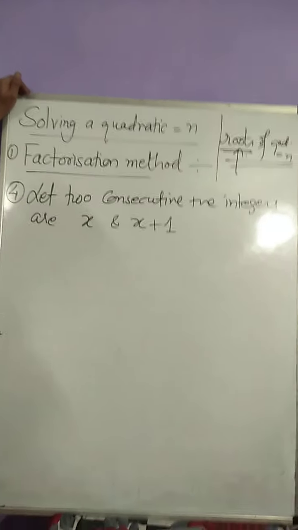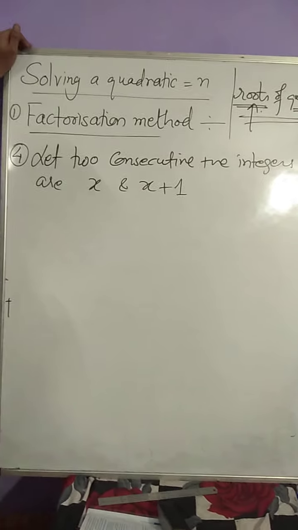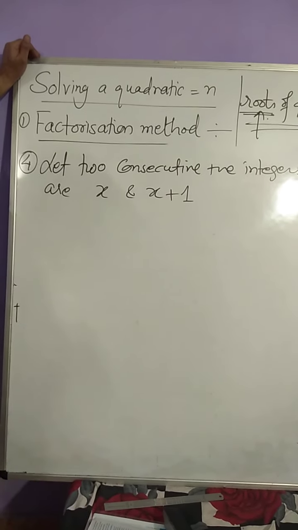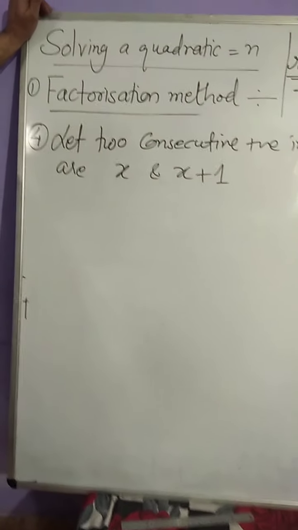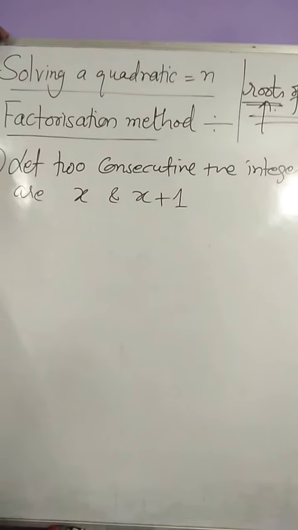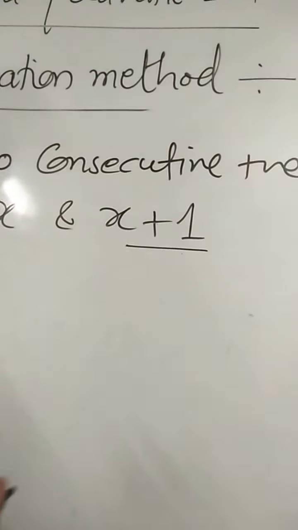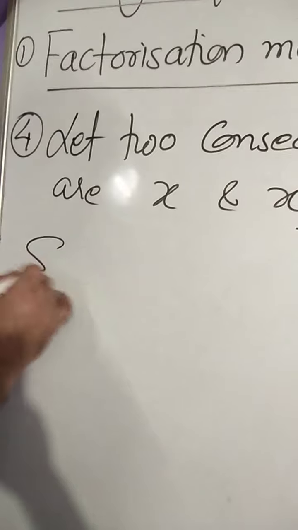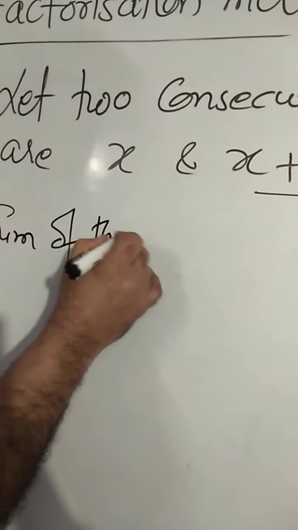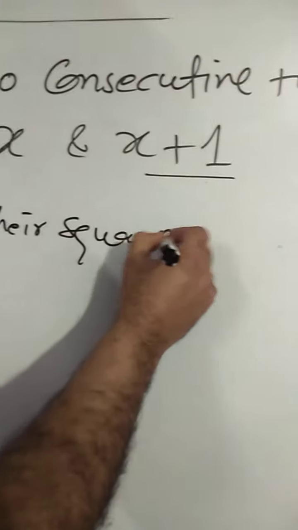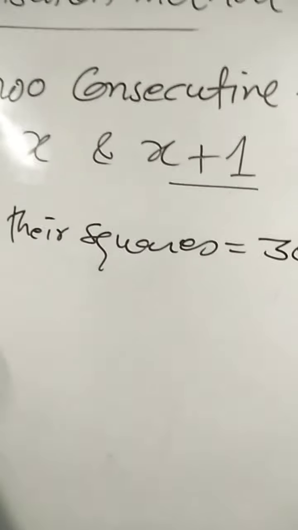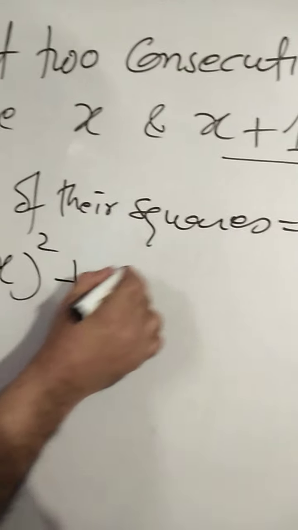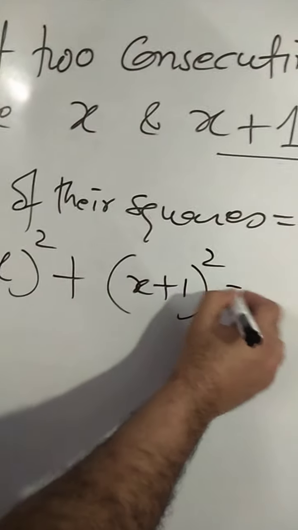Now we'll take question number 4. This is, find two consecutive positive integers, sum of whose squares is 365. This we'll see later. First of all, he is talking about two consecutive positive integers. Consecutive integers. You know, if you take first one x, then other one is obviously x plus 1. Now what is given to us? Sum of their squares. How much it is given? It is given 365. Sum of their square, first number square, that is x square, plus second number square, that is x plus 1 square.